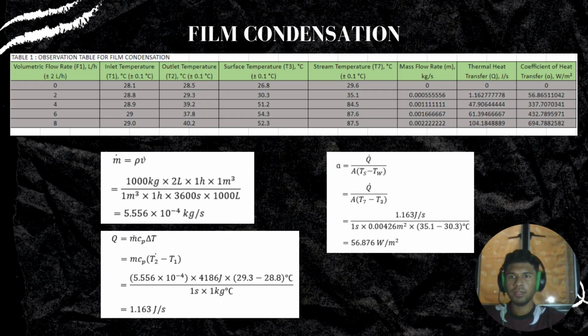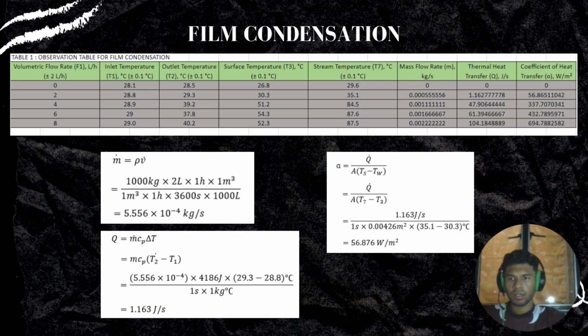This is the table for the film condensation. The table shows all the recorded data that we get from the experiment. In this experiment, we manipulated the volumetric flow rate, which is from 0 to 8. In this table, we have to calculate the mass flow rate, thermal heat transfer, and coefficient of heat transfer using the formula given. Under the table is an example of the calculation for 2 liters per hour volumetric flow